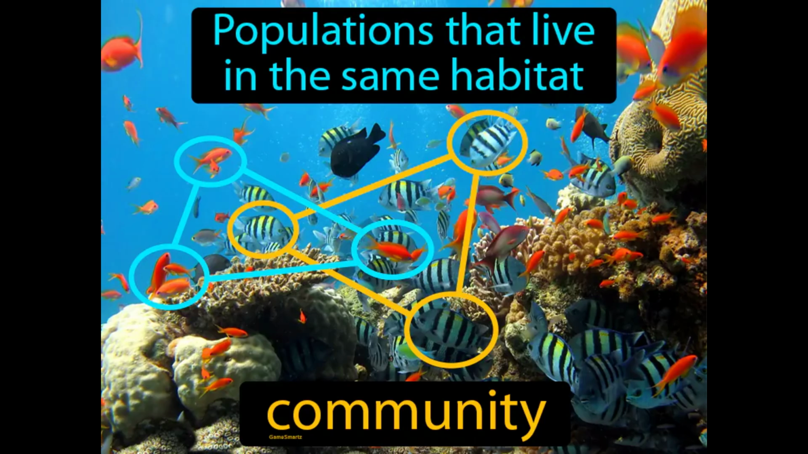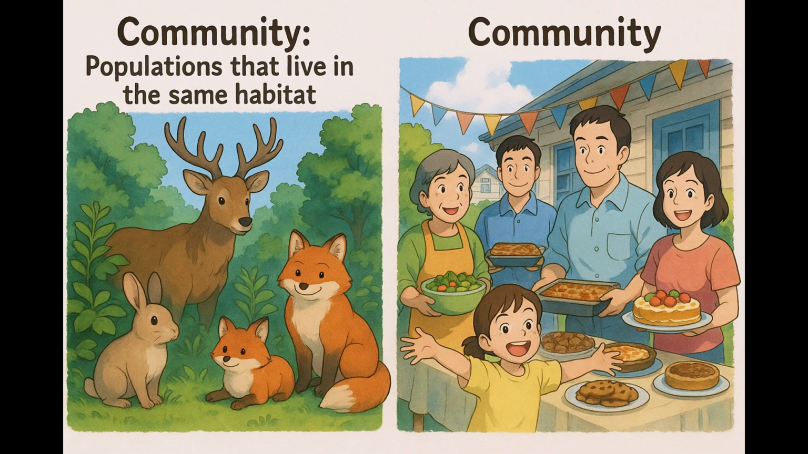Populations that live in the same habitat. Community. In science, a community is a group of different species living together and interacting in the same area. Imagine trying to coordinate a big neighborhood block party where every family brings a different dish. Just like each family at the party contributes something unique to the event, different species within a habitat contribute various